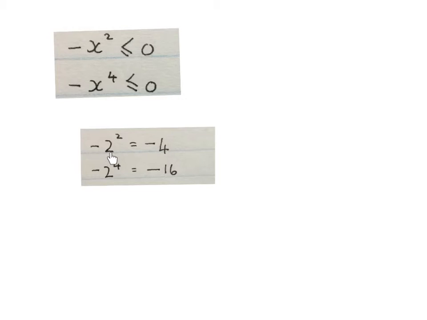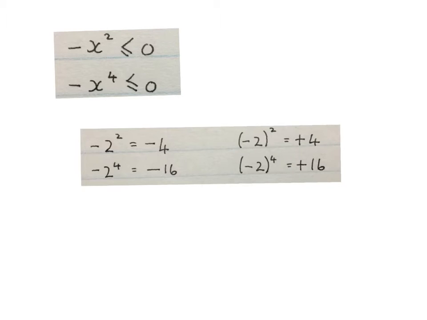If you have -2 squared, you take 2 and you square it, which is 4, and the minus gets taken along. You take the 2 to the power of 4, which is 16, and the minus gets taken along. The exponent is not influenced by that minus, so the minus is loose, and the 2 squared is the answer. The minus is loose, and the 2 to the power of 4 is the answer. See the difference here now?